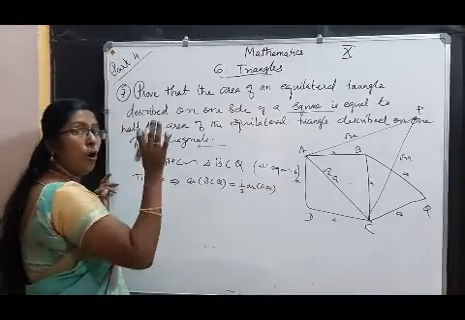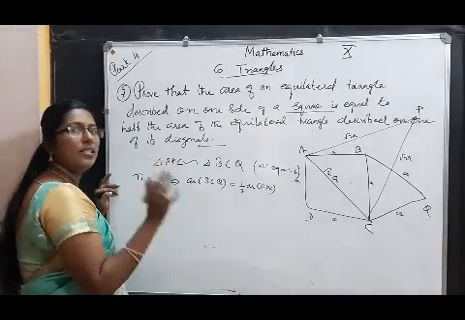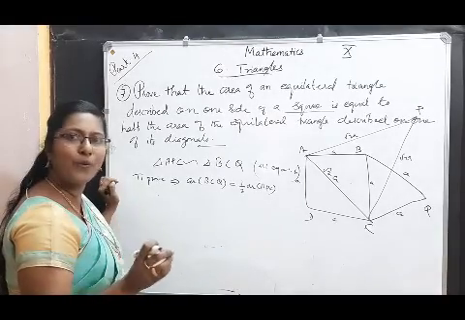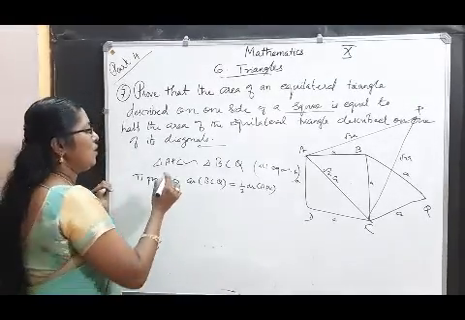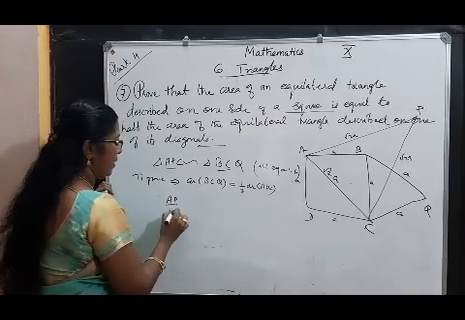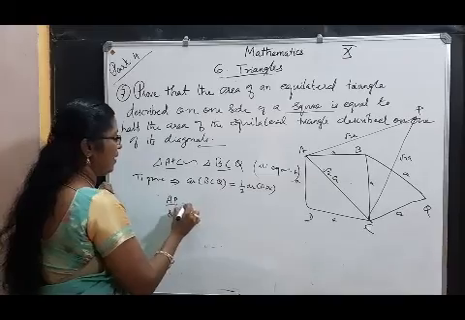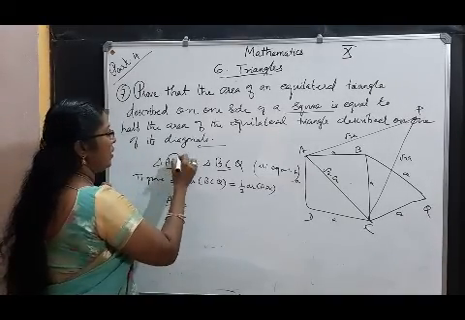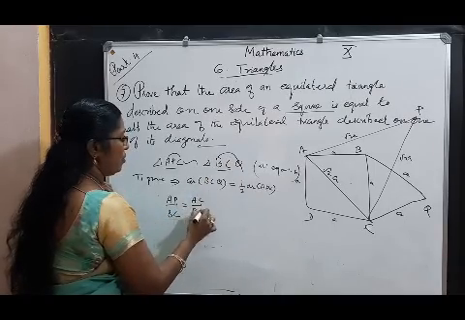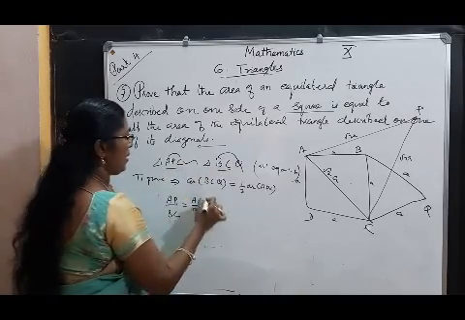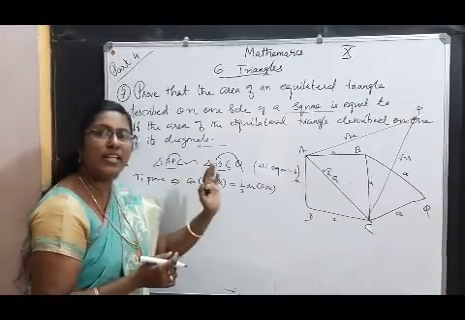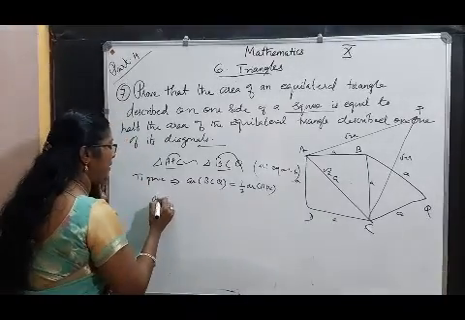We know that all the equilateral triangles are similar. So, what about its corresponding sides? Yes, proportional. The corresponding sides are proportional. So, we can write AP by BC equals AC by BQ equals PC by CQ. By using the area of similar triangles theorem, we can write area of